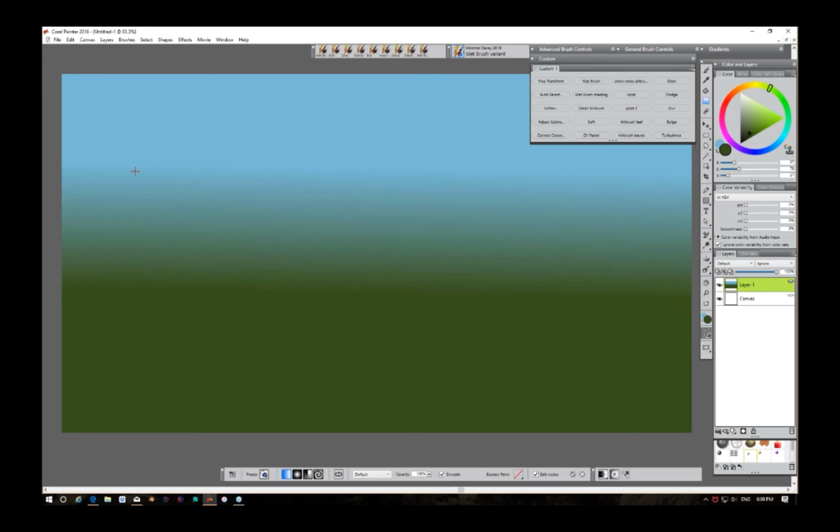Across here, it becomes a little bit lighter. We can think about that as a horizon line. So if I've got this wet brush that I tend to use,